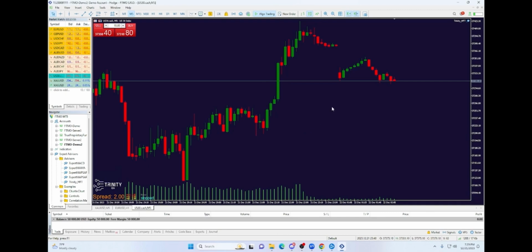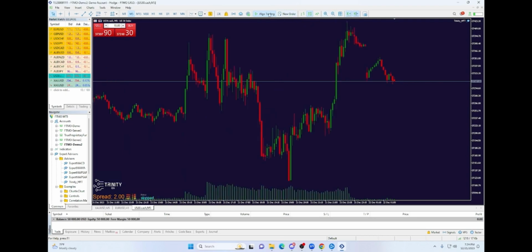Once that is done, you will see a little blue hat at the top right of your screen. That means the algorithm is active. If you want the algorithm to stop trading, you just press this and the hat will turn gray. That'll tell you that the algorithm is not active and will not take any trades. When it comes to the New York session at 9 a.m., that is when you want to turn this back on, and then the algorithm, once a trade is detected, will take